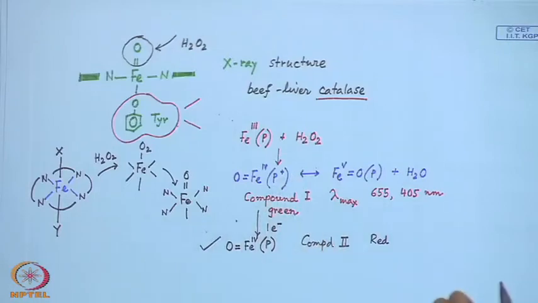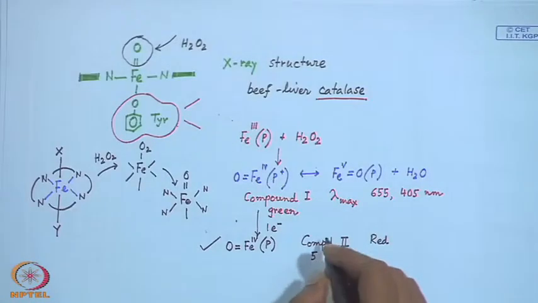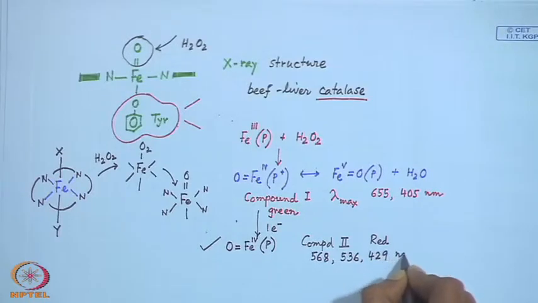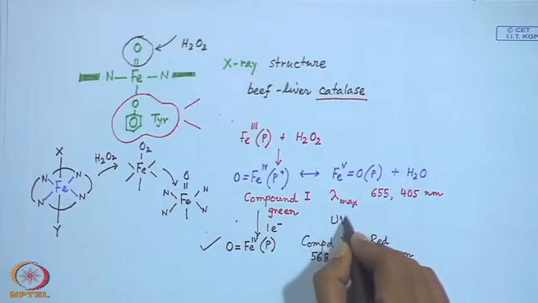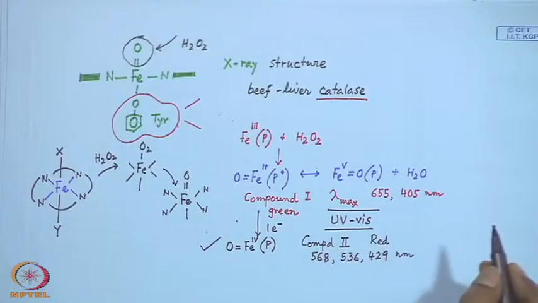So, in terms of the electron transfer, you can say that one is your green product, another is your red product. This red product has corresponding lambda max values of different magnitude: 568 nanometer, then 536, and the last one at 529 nanometer. So, spectroscopically, if we apply only UV visible spectra,